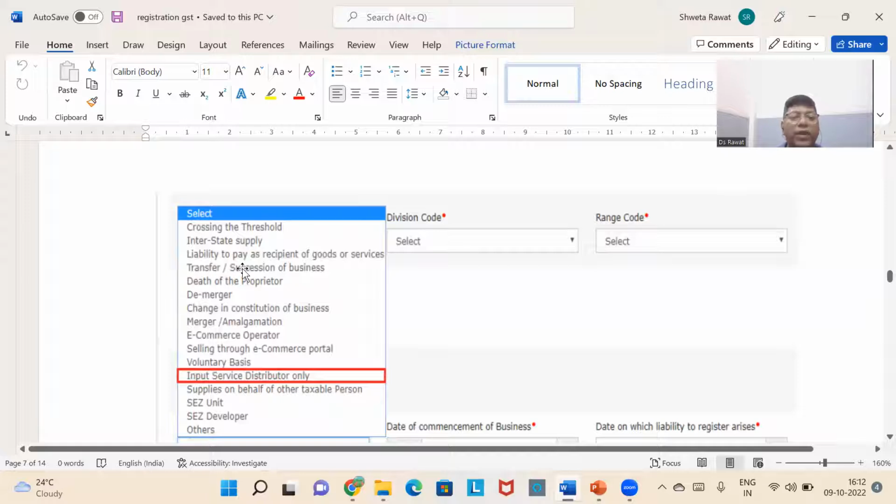Next is the liability to pay as recipient of goods or services, transfer or succession of business, that I have already told in the registration video, that it is from the date of transfer you have to take registration. Death of the proprietor, it is also a succession. So here we have to take registrations. Demerger, what is the demerger? Demerger,